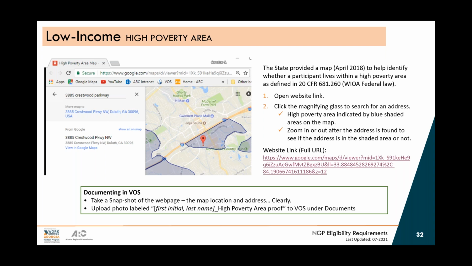You could do that without even talking to them to see if they fall under the high poverty area. This map is a Google map that was set up by the state, the IT department of the state put together this map. It still works, so we're going to open it so you can see what it looks like. When you open the link, you put the address in, and the blue area represents high poverty. So anything outside of the blue area is not high poverty. But if there's a little ping inside the blue area, then that person is considered high poverty.